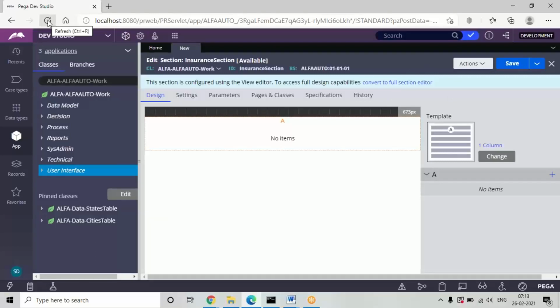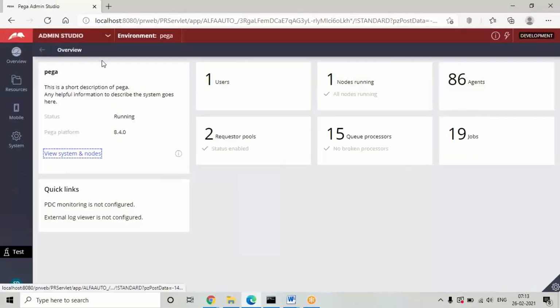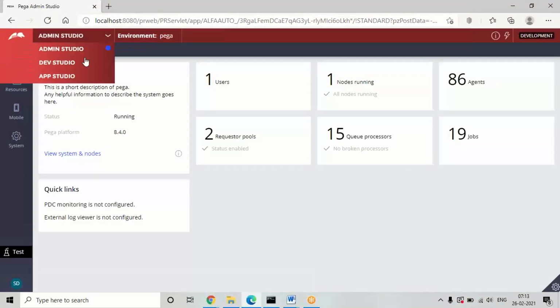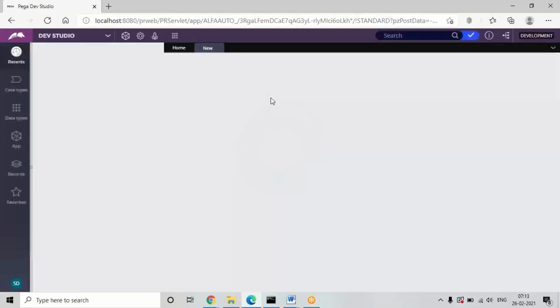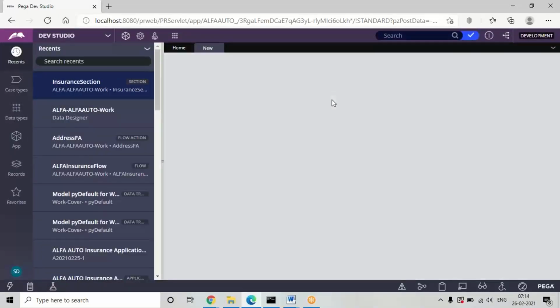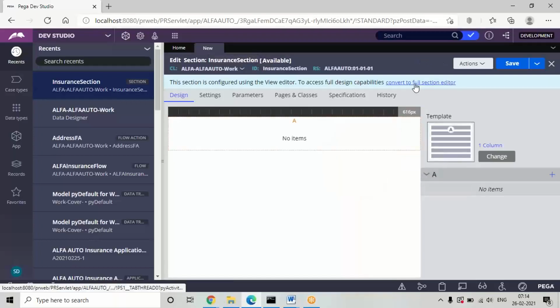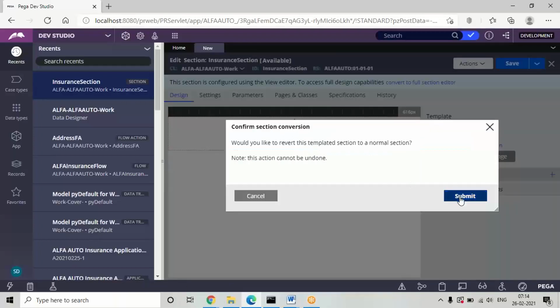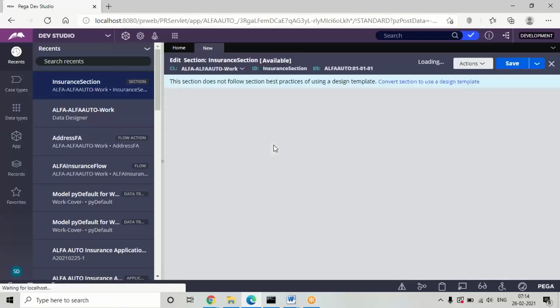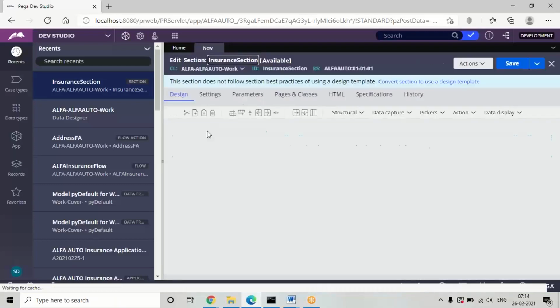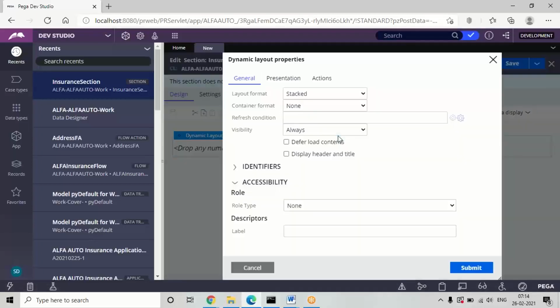Once refresh the browser. So add a title and give a format.